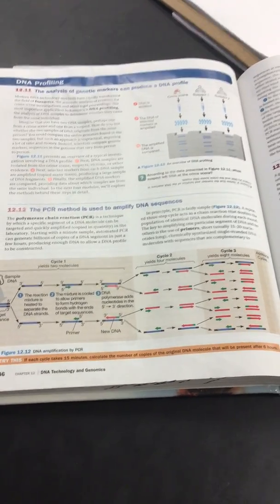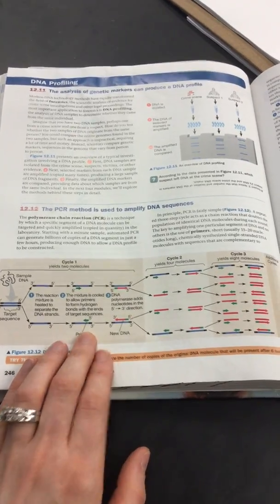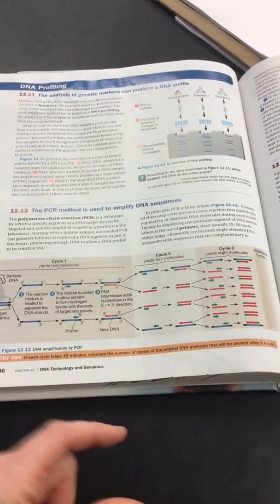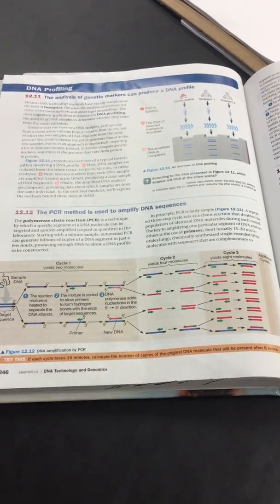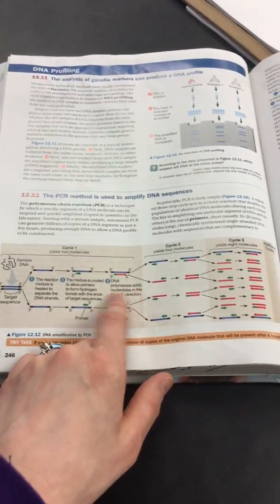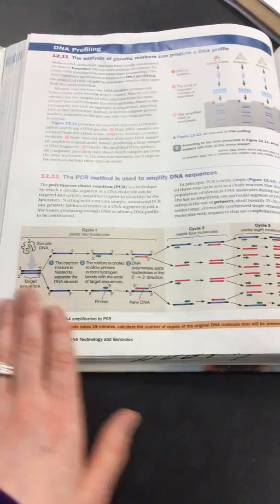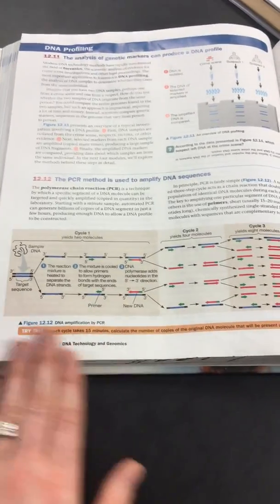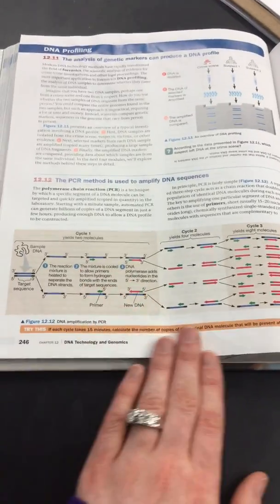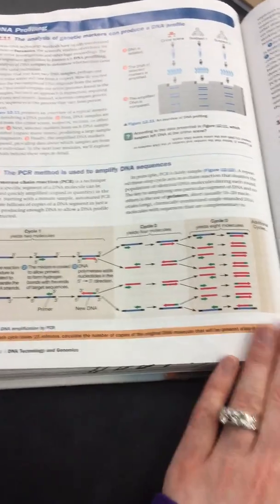That causes the DNA to break into two strands, so the hydrogen bonds disintegrate if you heat it just enough. Then they take the DNA polymerase, and as you cool the DNA back down, the polymerase will attach to the two separate strands of DNA in these primer sequences, and DNA polymerase will build your DNA back up. So we go from one copy of the target sequence to 2 copies after one cycle. If you do that again, we go from 2 copies to 4 copies. If we do that again, we go from 4 to 8.